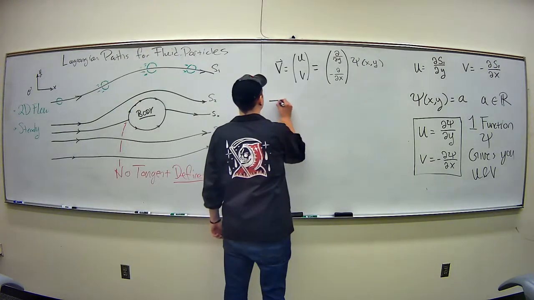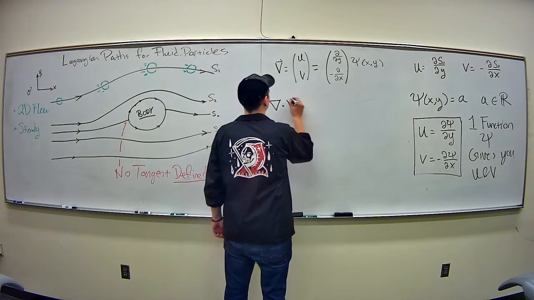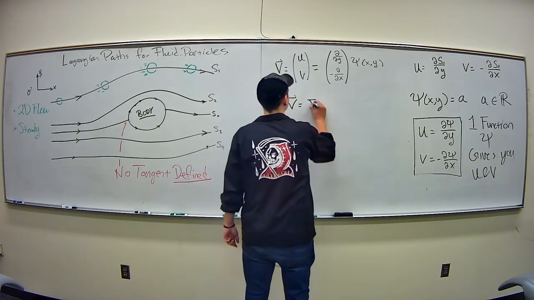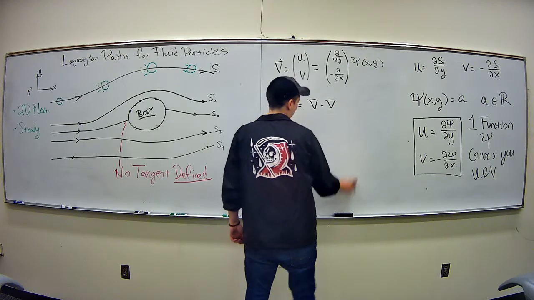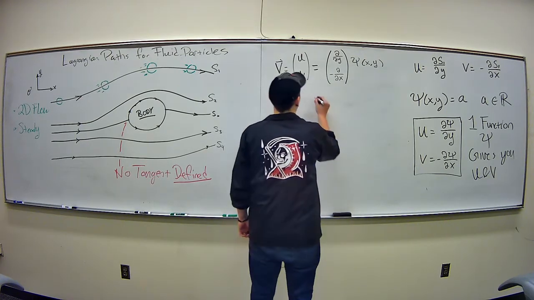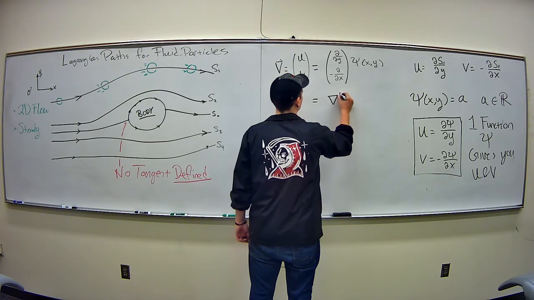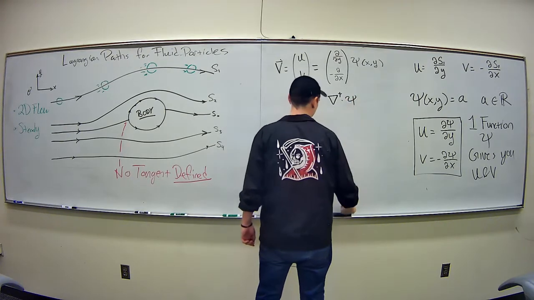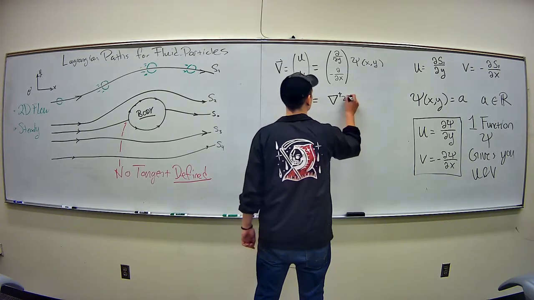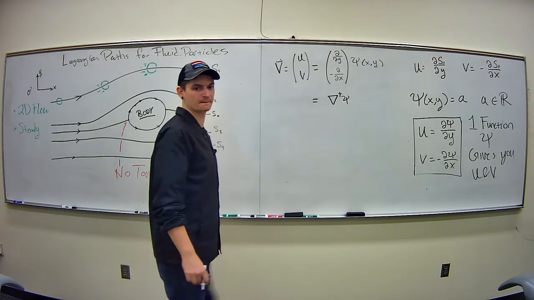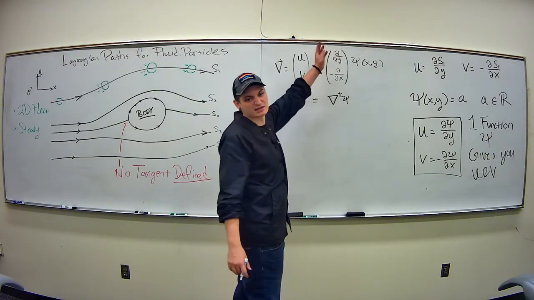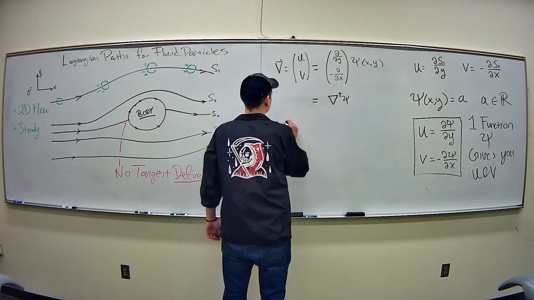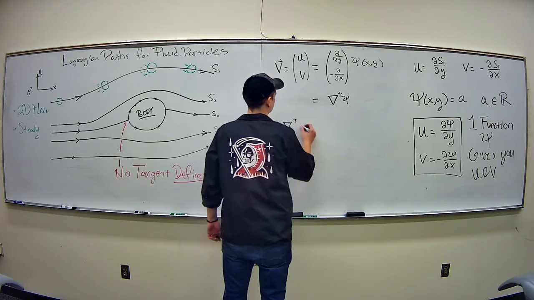Continuity is, right, this. Does it satisfy this? And it ends up that it does, and we can see that if we just compute this. So I'm going to call this a gradient dagger. I'm just saying this thing right here that's a column, I'll define as this gradient dagger. So then for continuity, this dotted with dagger